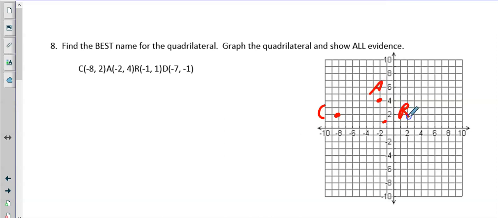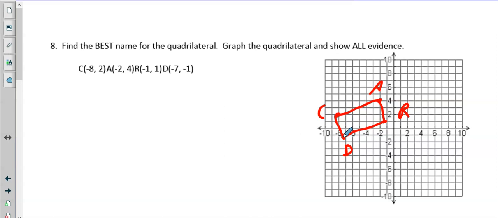And D is -7, -1. Now, what does it look like? It looks like it's a rectangle. But we have to prove that. Right? So to prove it's a rectangle, we need to have 90-degree angles,